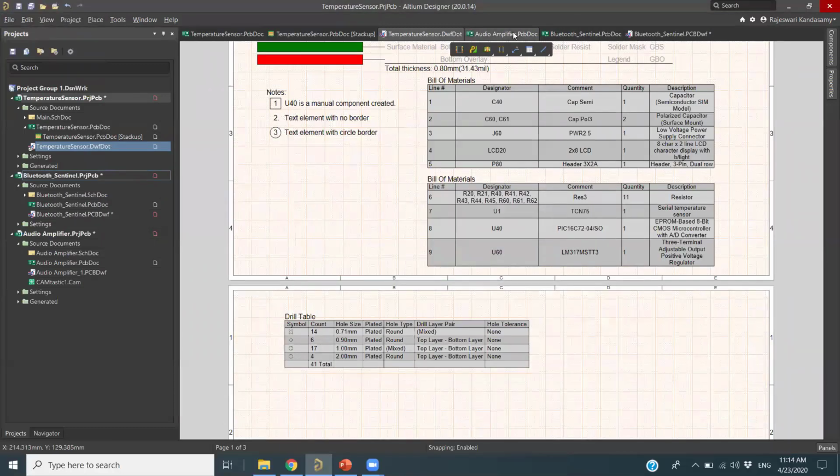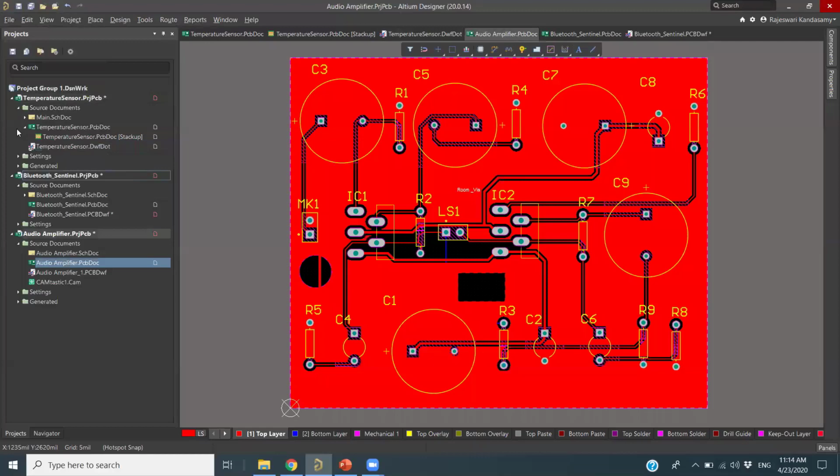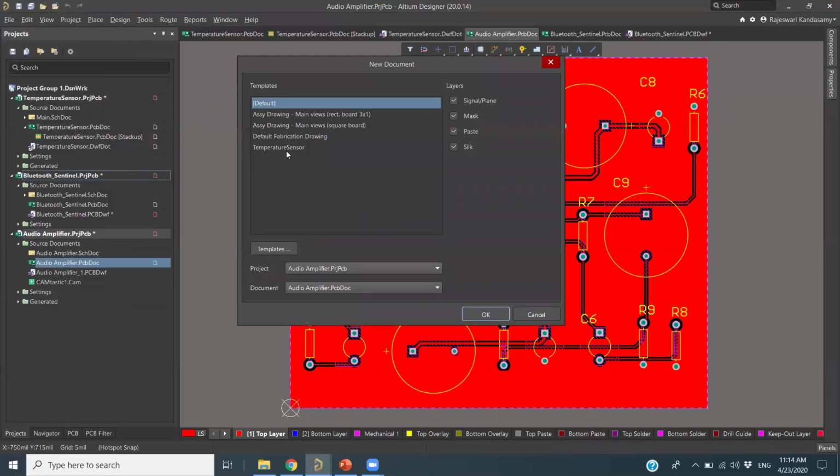Now I will go for the audio amplifier. So File, New, then I go to the draftsman. You will see the temperature sensor. What happens when I use this temperature sensor as a template, the draftsman document will follow this template and generate the outputs.